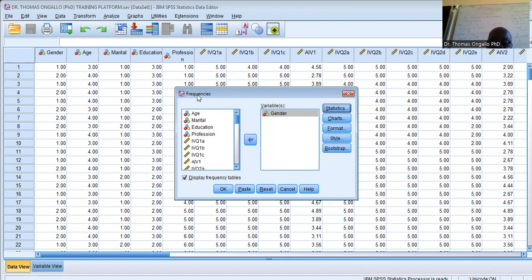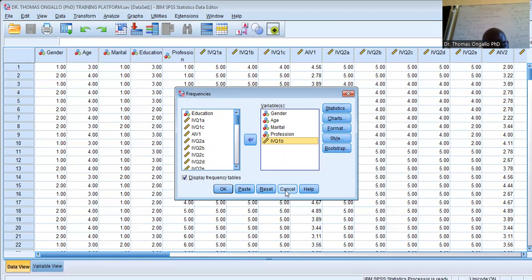And of course, that is what I will be producing in relation to age, marital status, profession, and independent variable question number 1. So you can see what we can do with this when it comes to